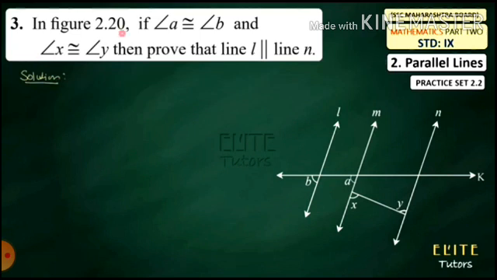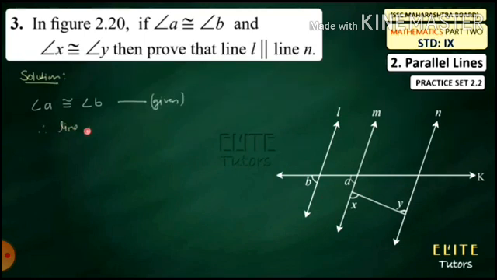First of all, we will take line L and line M. Angle A is congruent to angle B, which is given in the figure, and line L and M we will take as parallel and K is a transversal. We will suppose L and M are parallel because two angles, A and B, are congruent, and we will take K as a transversal. So students, we will write